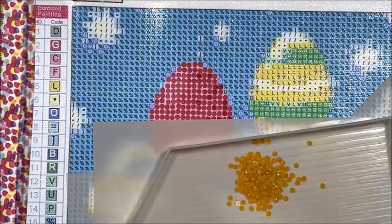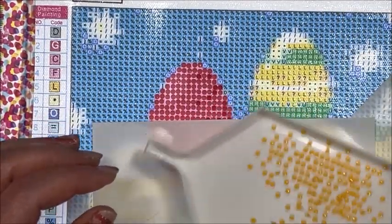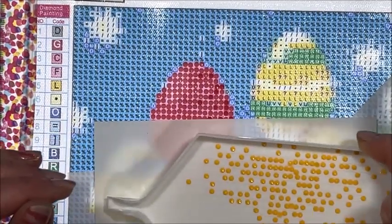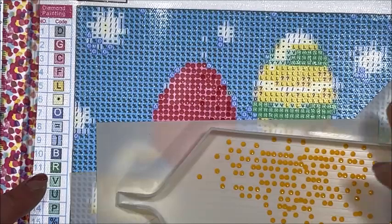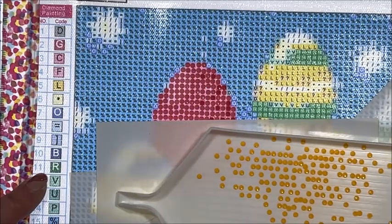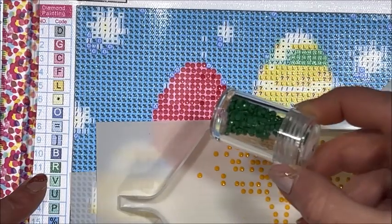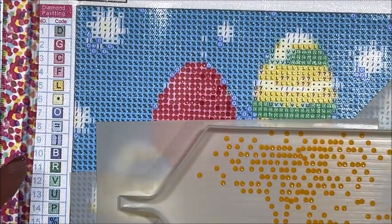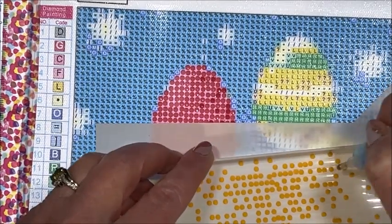Ooh, pretty yellow. Much brighter than what it is on the canvas. Wonder how bright the green is going to be. Ours are number 11. Ooh, yeah, it's going to be bright yellow and green. Ooh, that's going to be pretty. Sometimes you like pastels for Easter, but...